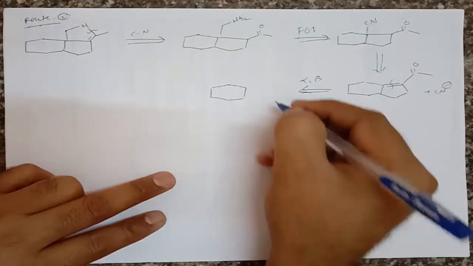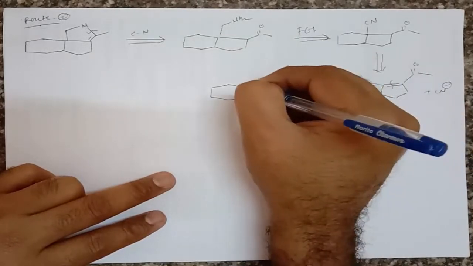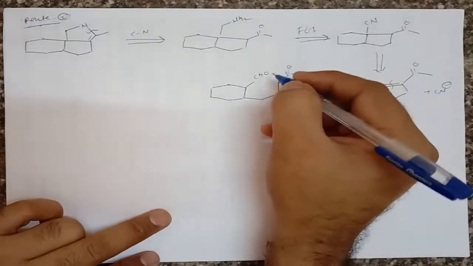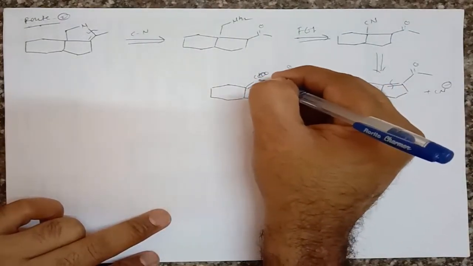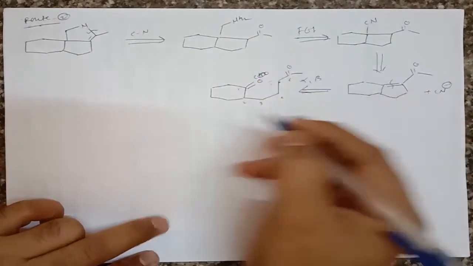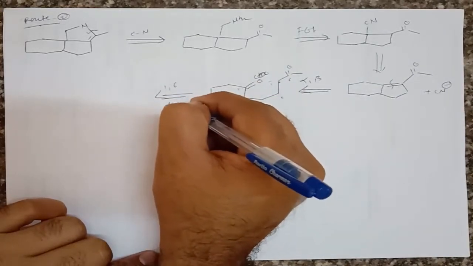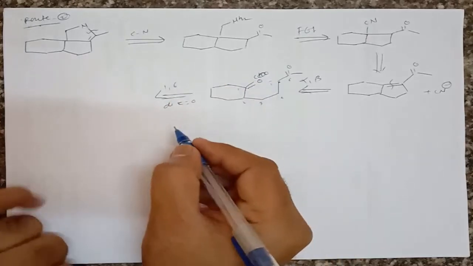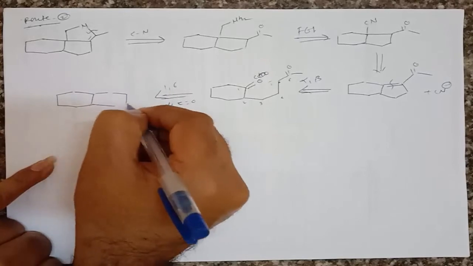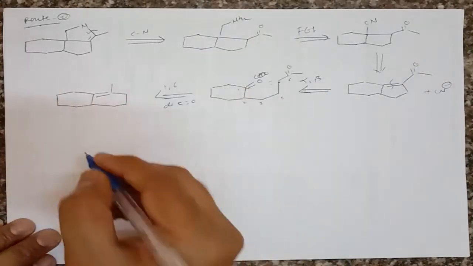From one side we can get a C double bond O CH3, and here we can take an aldehyde, right? Now if we see here, sorry, aldehyde is not here, it gives a ketonic functional group. There is 1, 2, 3, 4, 5 and 6. A 1,6-dicarbonyl compound, and if there is such a 1,6-dicarbonyl compound, we can reconnect the molecule, and after reconnecting, what do we get? We get a cyclic system, and here is a double bond, right? That means after ozonolysis we can convert it here.